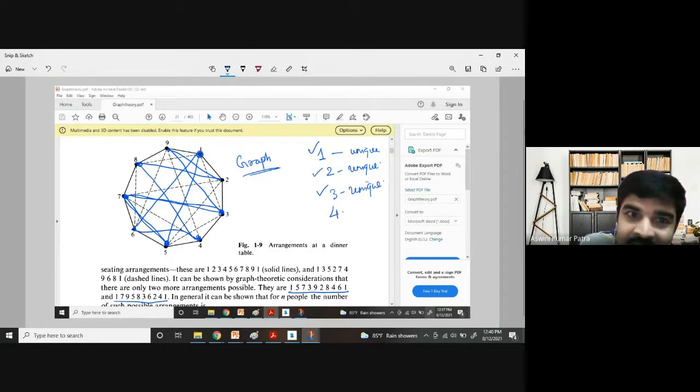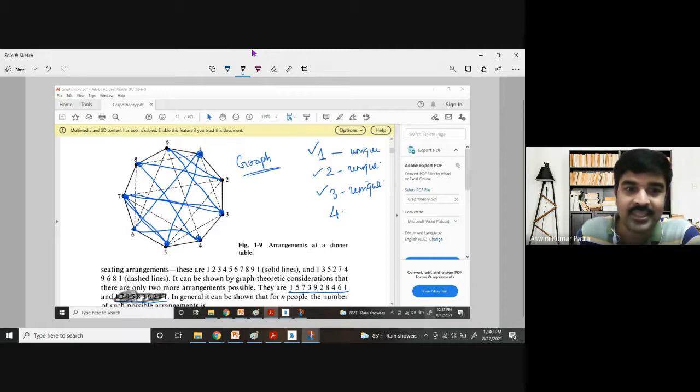The fourth arrangement is there. Let me know from you. Let me erase this so that you cannot see the answer. Let me discolor this so you cannot see it. Yeah, discolor. Because teachers really hide the answer from the students, isn't it? So as part of the webinar, I'm also hiding the answer. So can you tell me the next, 4th unique solution? It is there in the figure.